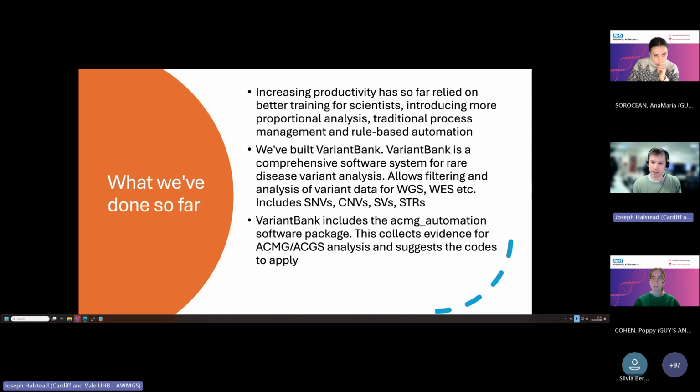Yeah, and they can record the final results. Is this particular variant in this patient pathogenic? Is it benign? What codes do you use? What evidence do you use? We've also developed this ACMG automation package, which is a custom Python package, and that goes and collects all the evidence for the ACMG, ACGS guidelines and suggests the code to the scientist to apply, which I'll come on